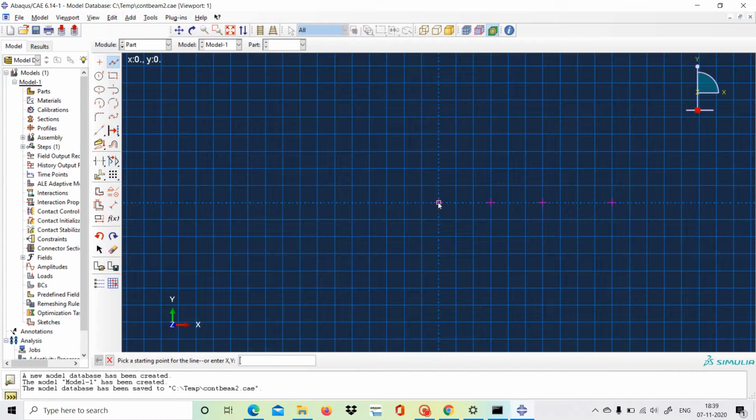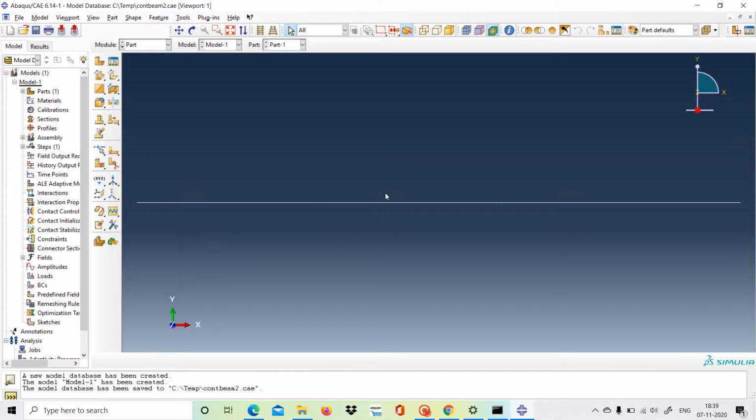We will click here, then connect it, then again click and connect it. Now to remove it we will just press escape. Now we will click done. So this is our beam made. This is the part, the first part is complete. Now we will go to the second step, which is property. So we will come and click here.